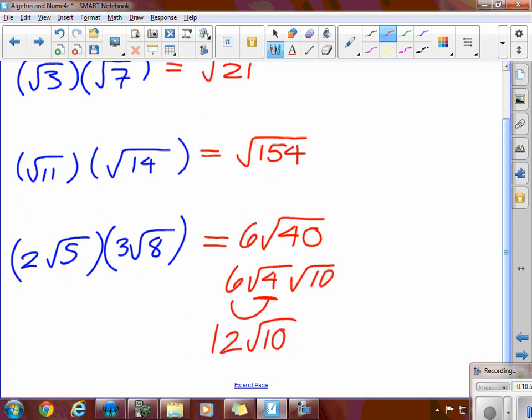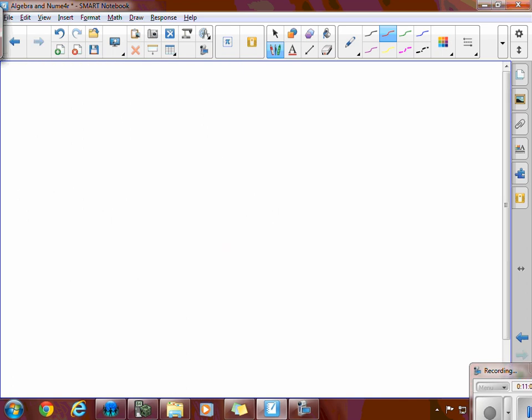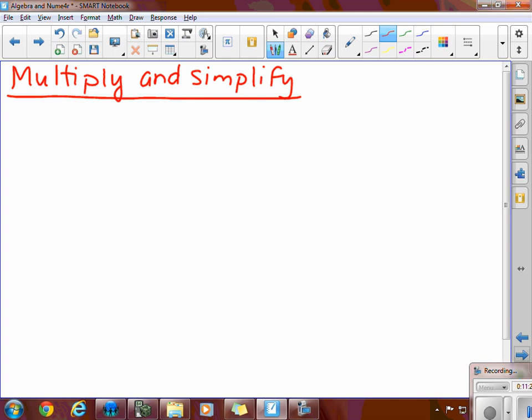Awesome. So now we have to take it a step further. Okay, and it's not any more difficult. I'm glad that we went over foiling today because this is basically what we're going to have to do in our next little section here, examples like this. And we're just going to say this is how the instruction might look if you come across it on a quiz or a test or just on worksheets. Multiply and simplify, which you should be able to see that it's multiplication just the way it's written. Simplification, you should know that's just something you have to do anyway. So the root of 7 multiplied by the root of 7 plus